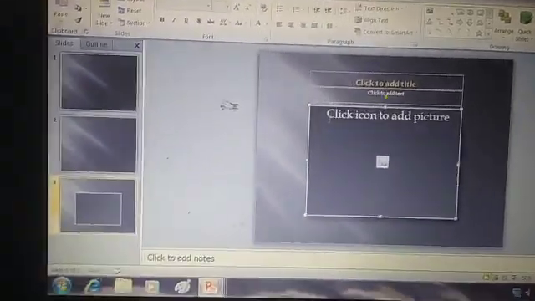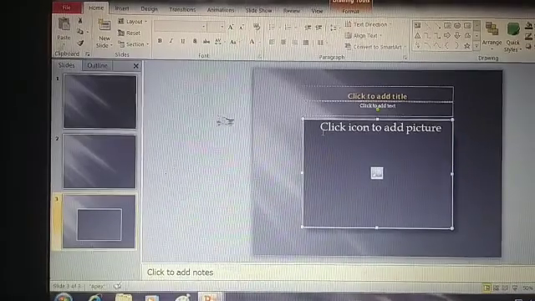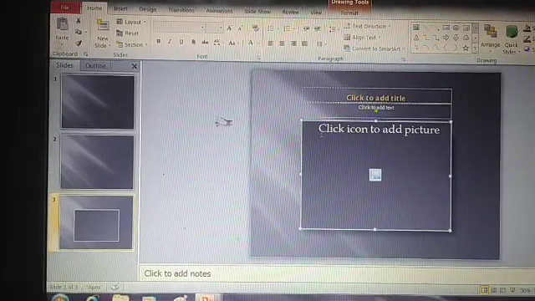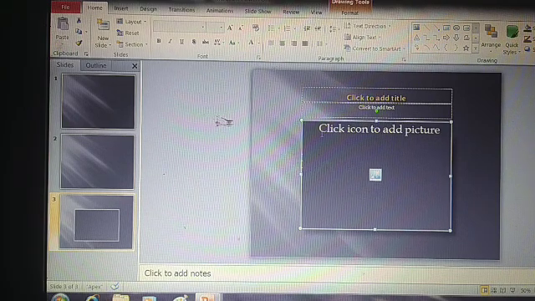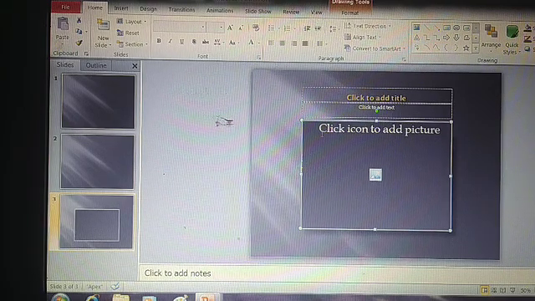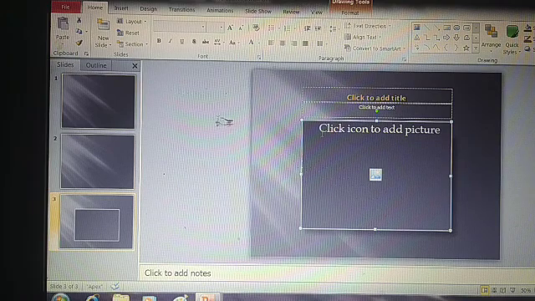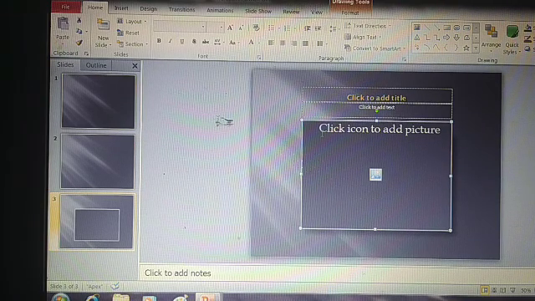Understood? I hope you understood these three options: blank presentation, sample template, and themes. Using these three options you can prepare a presentation.